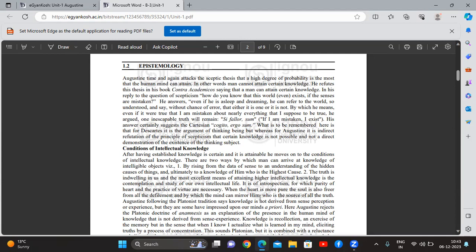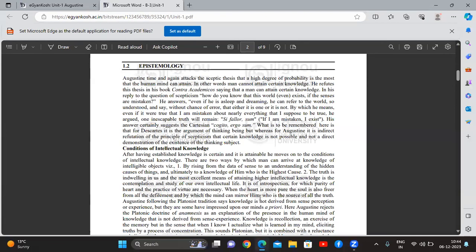that even if I would be mistaken about everything that I suppose to be true. मतलब अगर पूरी दुनिया एक illusion है, I think the world is true, I think the world is real, but let's say पूरी दुनिया अब एक illusion है, I was wrong about the world. So even if I am mistaken about everything that I suppose to be true, comma, but still